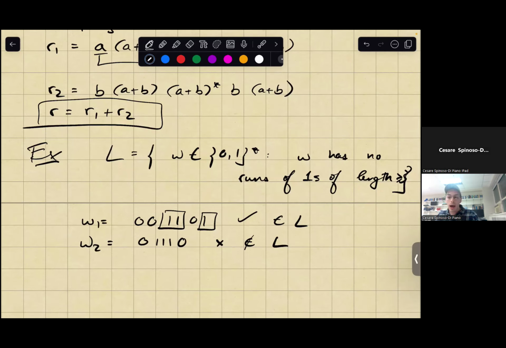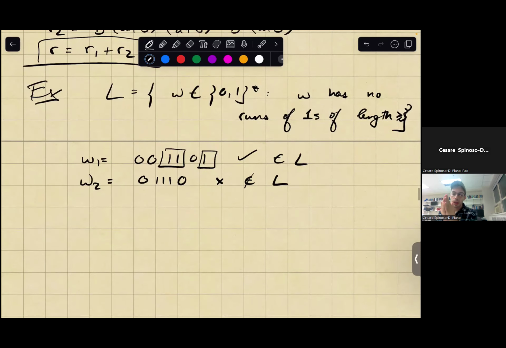Okay, so how can I design a regular expression that denotes or represents this? Well, let's think of what I like to do sometimes. I like to think of extremely long strings, and I like to see what the regular expression has to have to be able to match it correctly. So I know that W could have a bunch of zeros at the beginning. That's totally legal. So zeros are totally okay, meaning that my regular expression likely has something like 0 whole star,